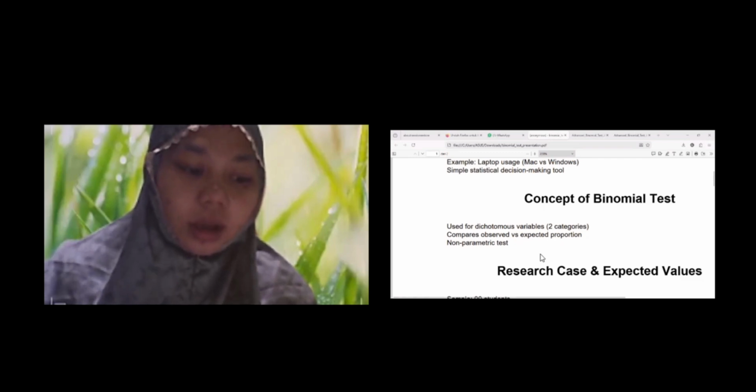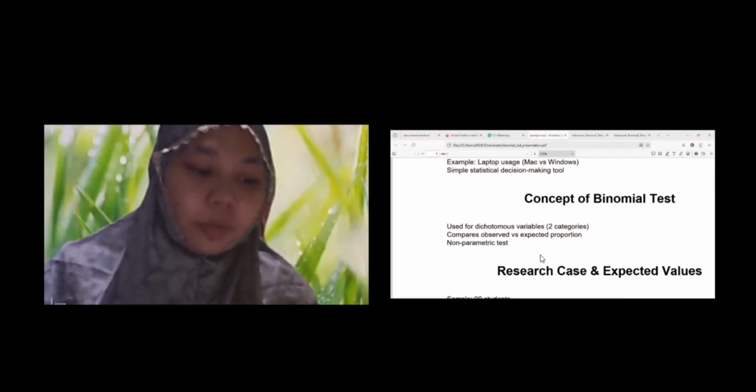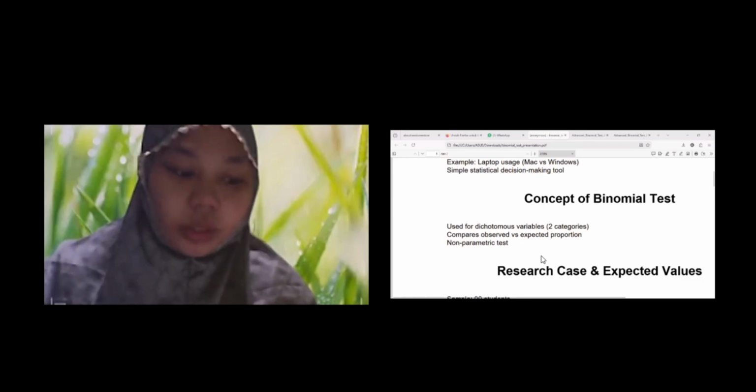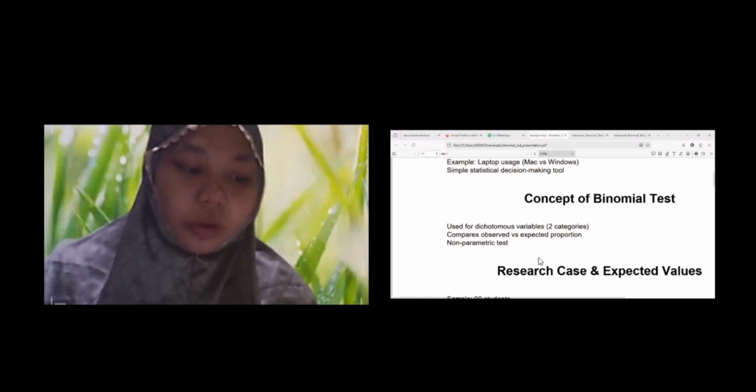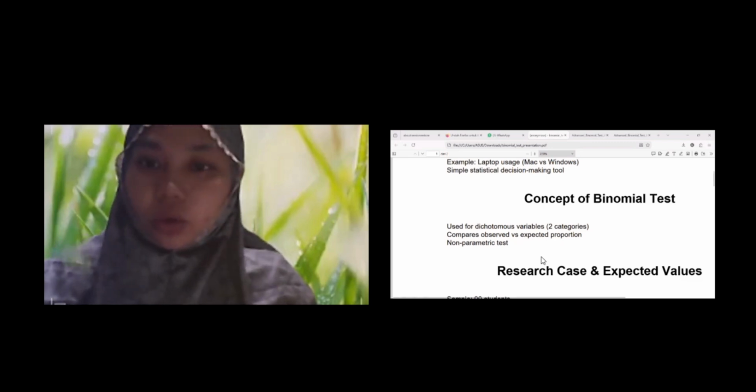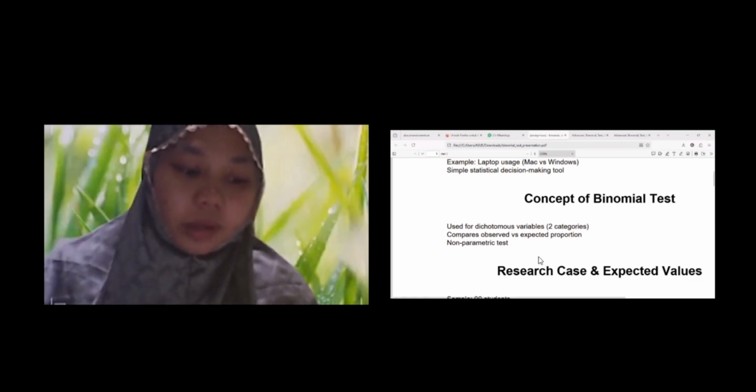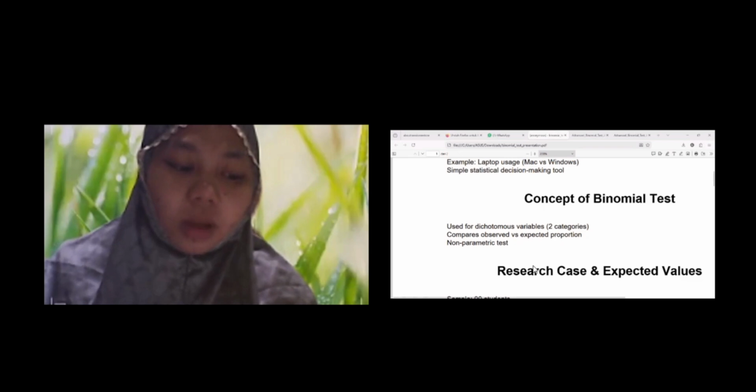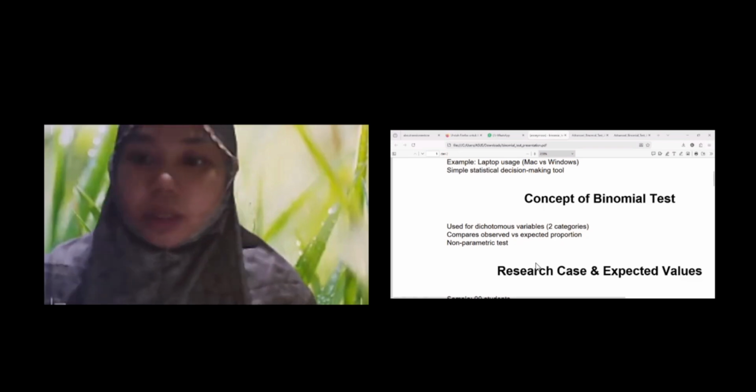This is called dichotomous data. For example, a person can either use Mac or Windows, so there are only two choices. The main function of this test is to compare what we observe in our sample with what we expect based on theory or previous data.